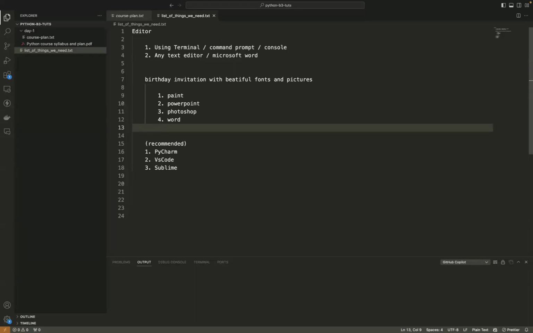I would say Photoshop is the best option to create such things, because it is the tool that is meant to design these kinds of things. With Word we can do that, but it is not designed specifically to create images or flyers, which has thousands of options. You won't have thousands of options in Word.